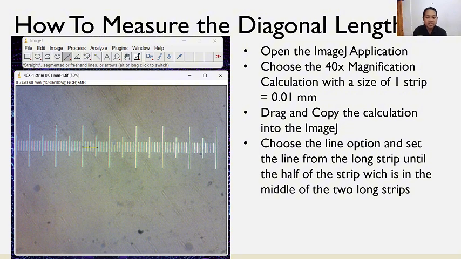After that, choose the line option, and set the line from the long strip until the half of the strip, which is in the middle of the two long strips. These are the two long strips, and this is the half of the long strips.